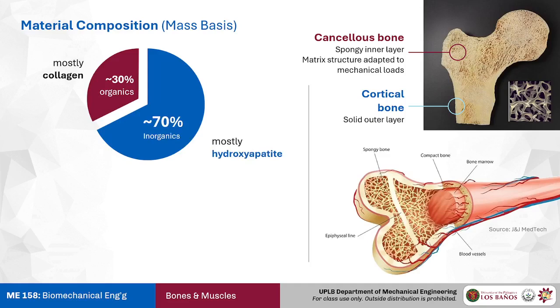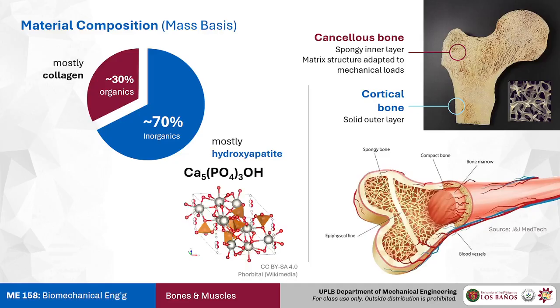This is mostly hydroxyapatite, or in medical terms, HAP. Hydroxyapatite is a very complicated compound. It has calcium, phosphates, and hydroxide. If you're familiar with materials, hydroxyapatite is very close to being a ceramic. So most of our bone, at least 60-70% of it, is ceramic. If you imagine what a ceramic behaves like, you can kind of guess what kind of material this is going to look like under the stress strain curve.